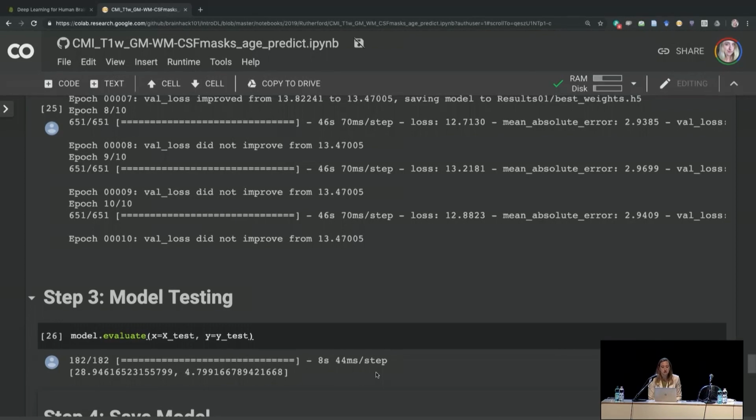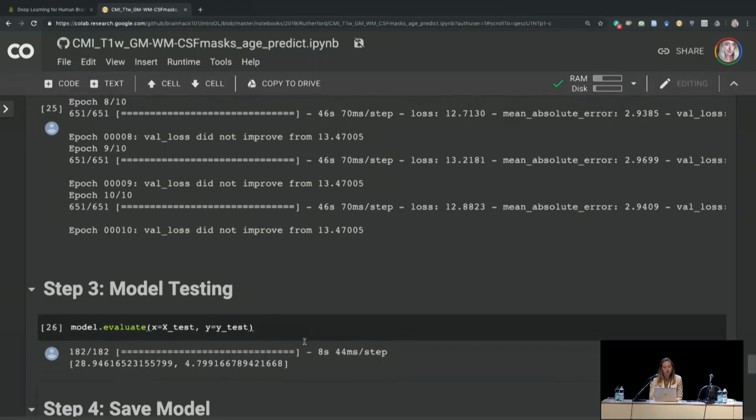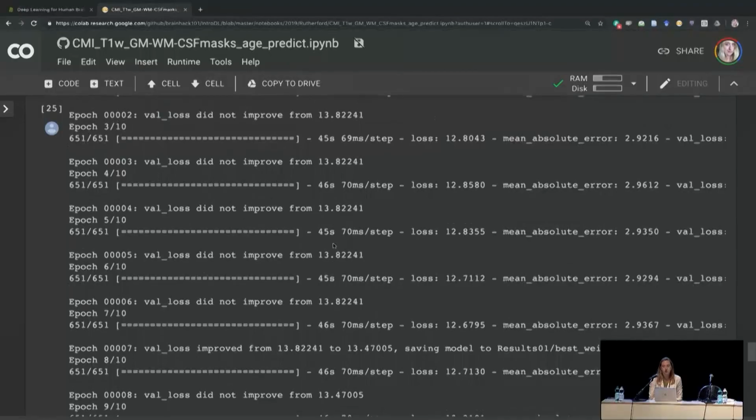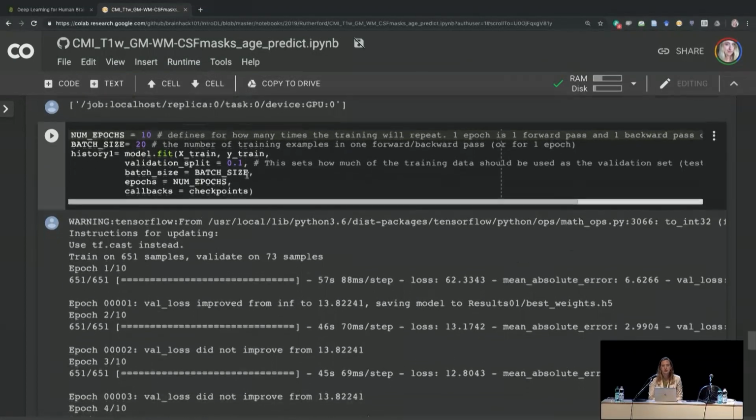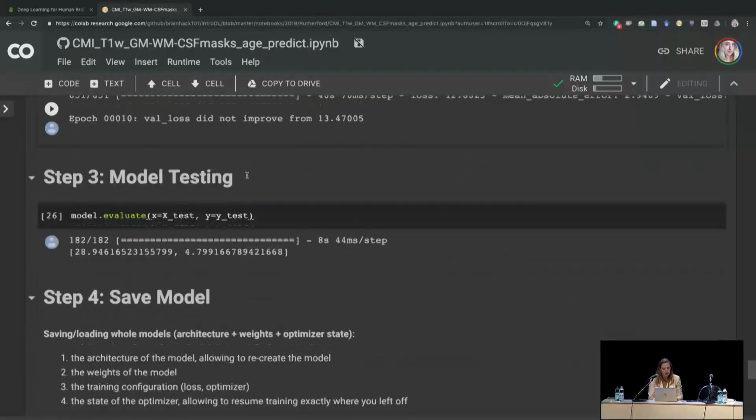I don't think I considered that when doing the split, so that could be a reason why. I think that trained in about 8 minutes or so, which was pretty fast and cool. But if you are running this yourself, I would recommend increasing the number of epochs you get through, and I think that would increase your performance.